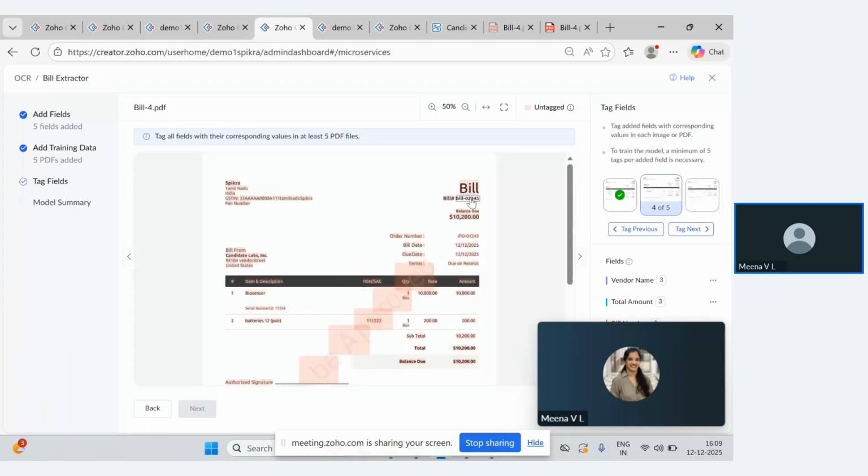So we will repeat the same for all the 5 documents that we have uploaded. So basically we are training the model with the training data that we have provided.